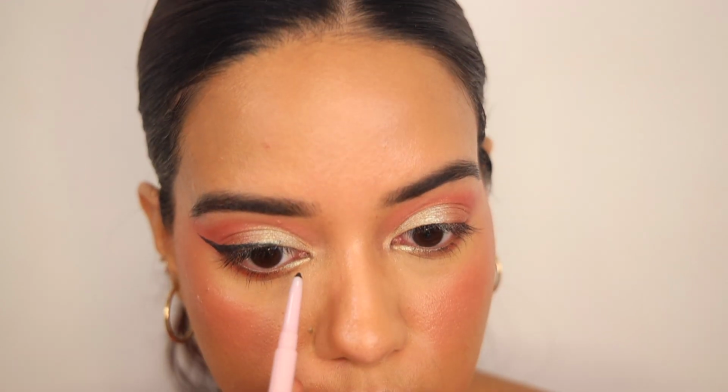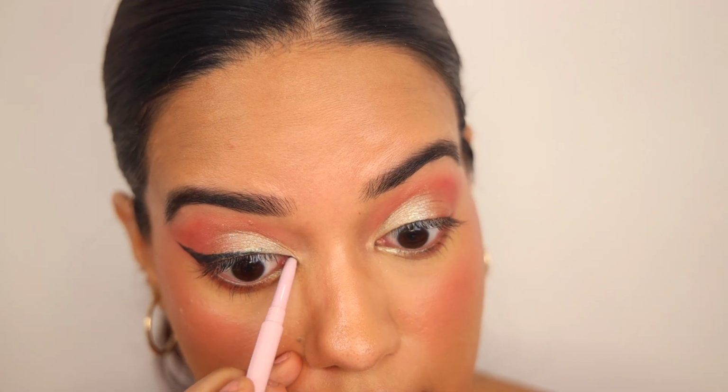This kajal is so soft. I'm just going to tight line. The wing liners are done. This kajal is one of the most opaque and pigmented black kajals I've ever used, and also extremely long lasting. You can stop right here, but I'm going to go a little bit more glamorous and bold and do a really